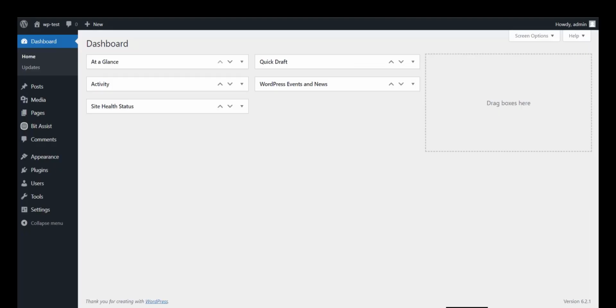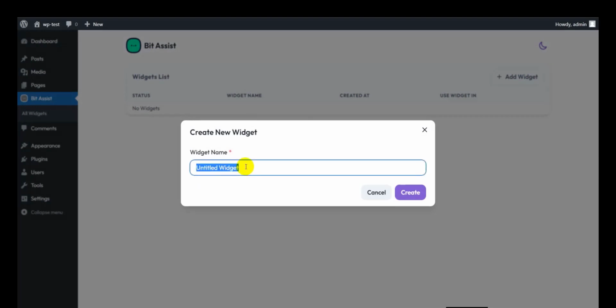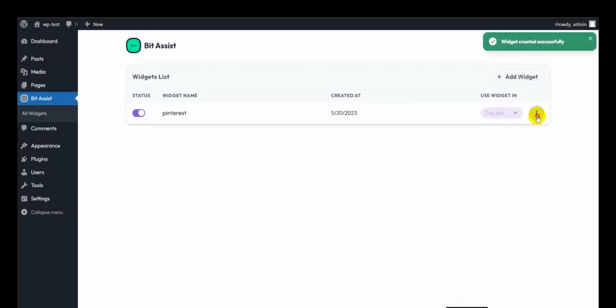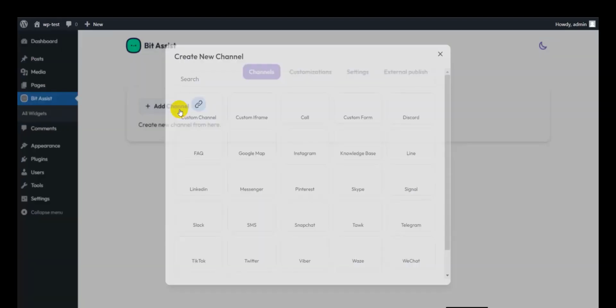Go to WordPress dashboard, click on BitAssist, add widget, give here widget name. Click on create button, click on three dots and edit it. Add channel,